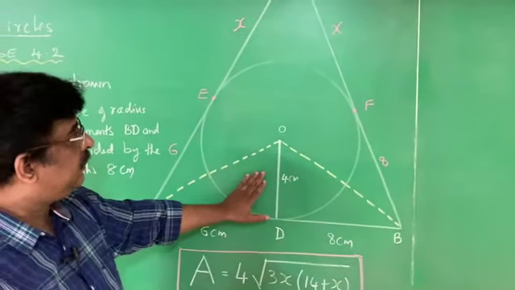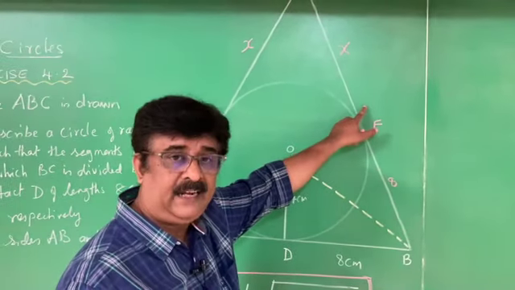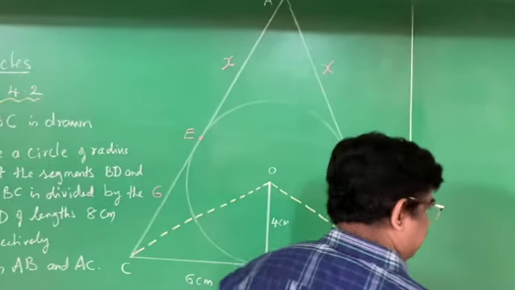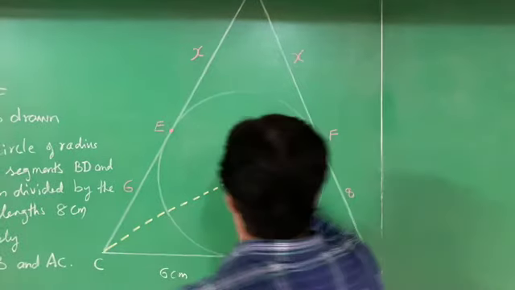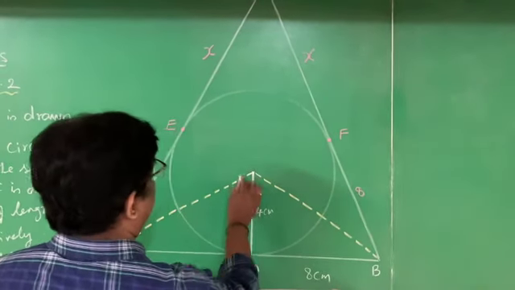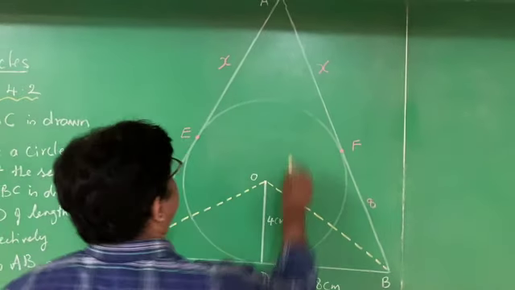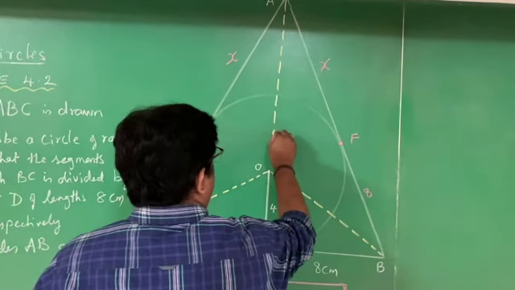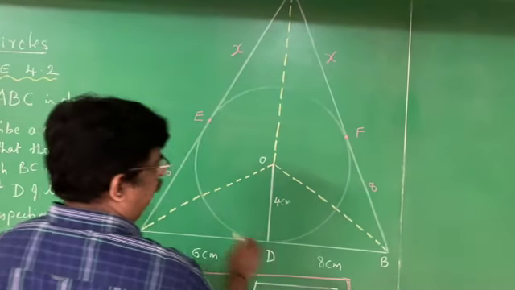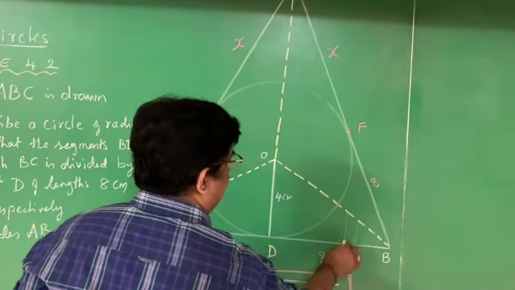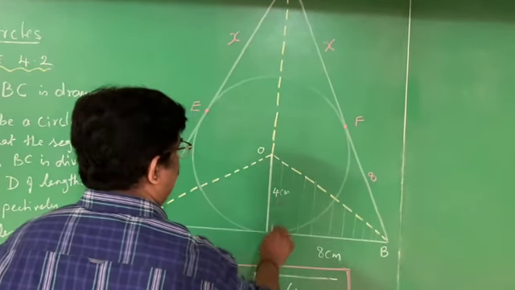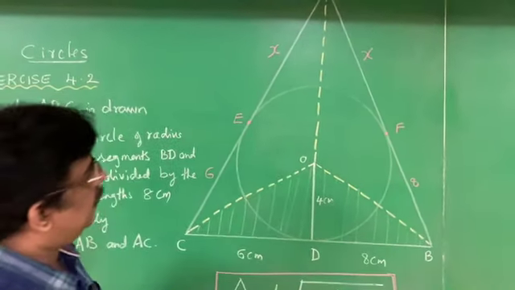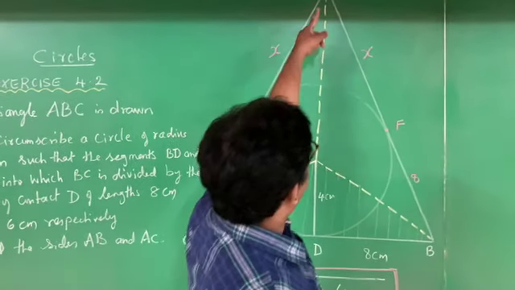Then how to find the area using this side? For that I want to join this. See, I join this also. Right now what I do is, I write this O somewhere here. Now I join this. See, I can find the area of this triangle using the formula half into base into height. Simple, right? Now if I wanted to find the area of this triangle, half into base is this.